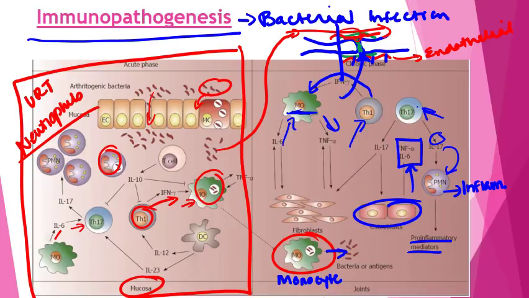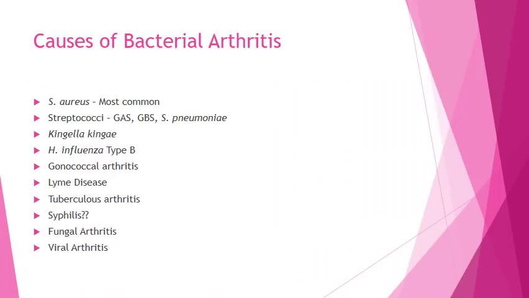And eventually this increased pressure on the joint might actually interrupt blood flow. And depending on where that is, particularly if we're talking about near the femoral head, you can actually get avascular necrosis if the blood is cut off significantly enough. Okay, so that's kind of the concepts behind bacterial arthritis, but let's talk about some of the causes of bacterial